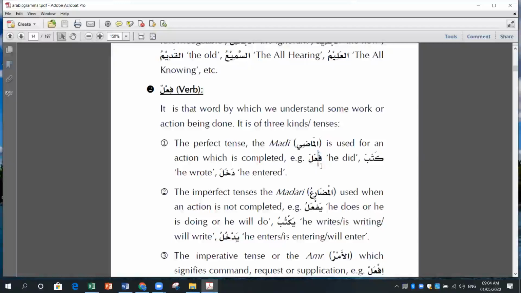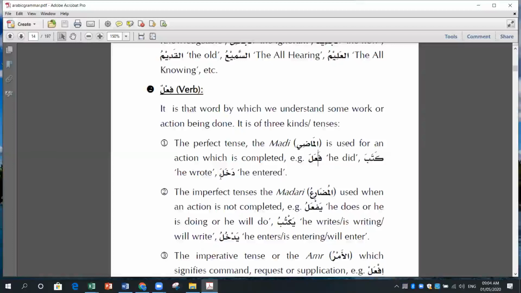Okay, fa, ain, lam. They all three carry fatha, right? Yeah. So this is one scale. Fa'ala, kataba. Isn't the sound, the rhythm, the same? Kataba. Fatha, fatha, fatha, all three letters. Dakhala, all three letters having fatha on them. Dal, kha, lam, all three letters having fatha. So this is on the scale of fa'ala. Understand? Maybe.